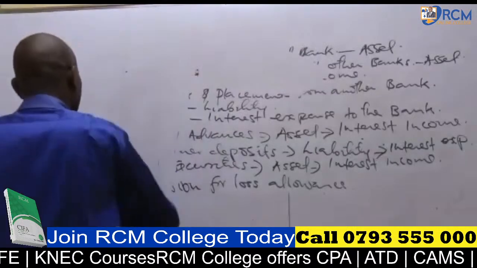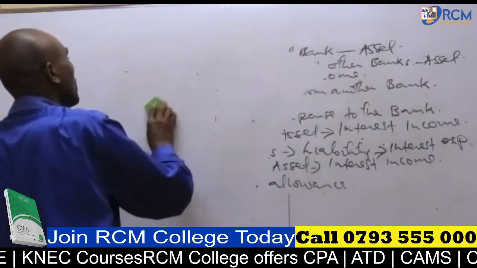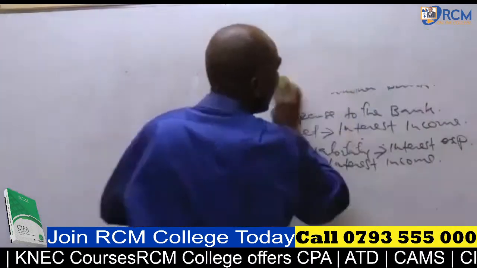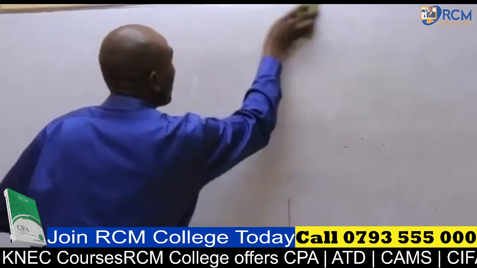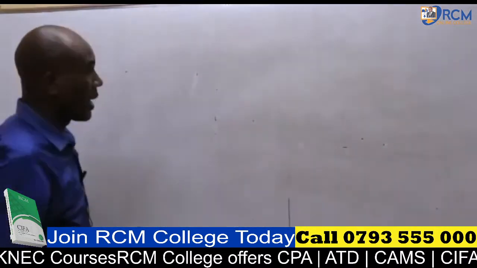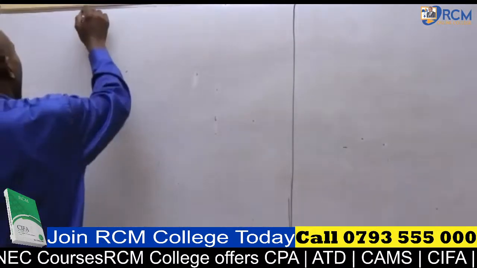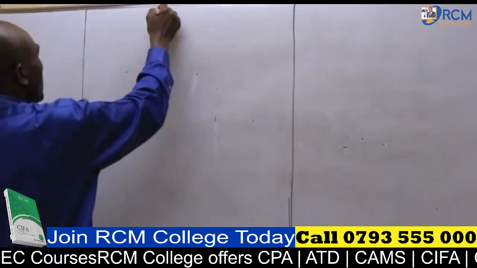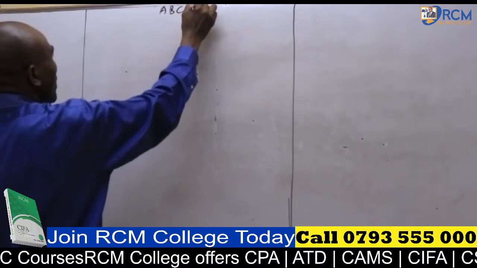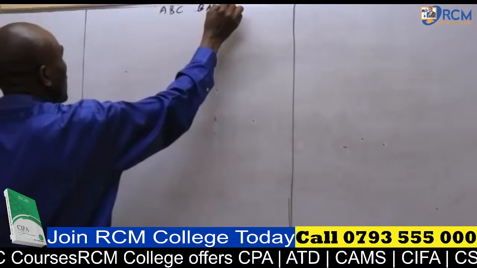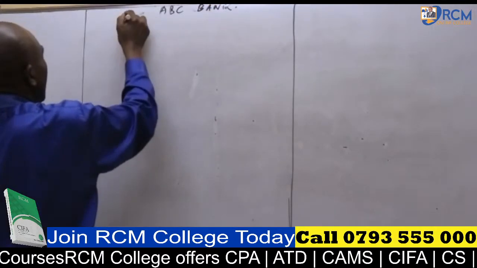a financial statement, the income statement of a bank. This is the easiest topic so far, once you know what the incomes and expenses of a bank are. Therefore, we say APC Limited, APC Bank, income statement